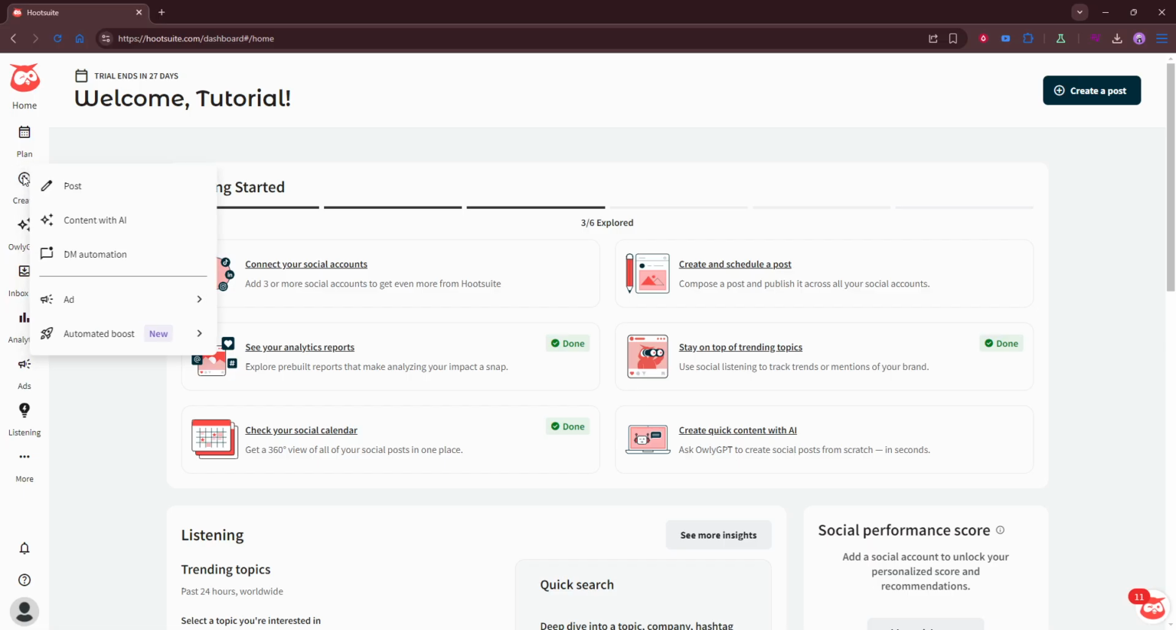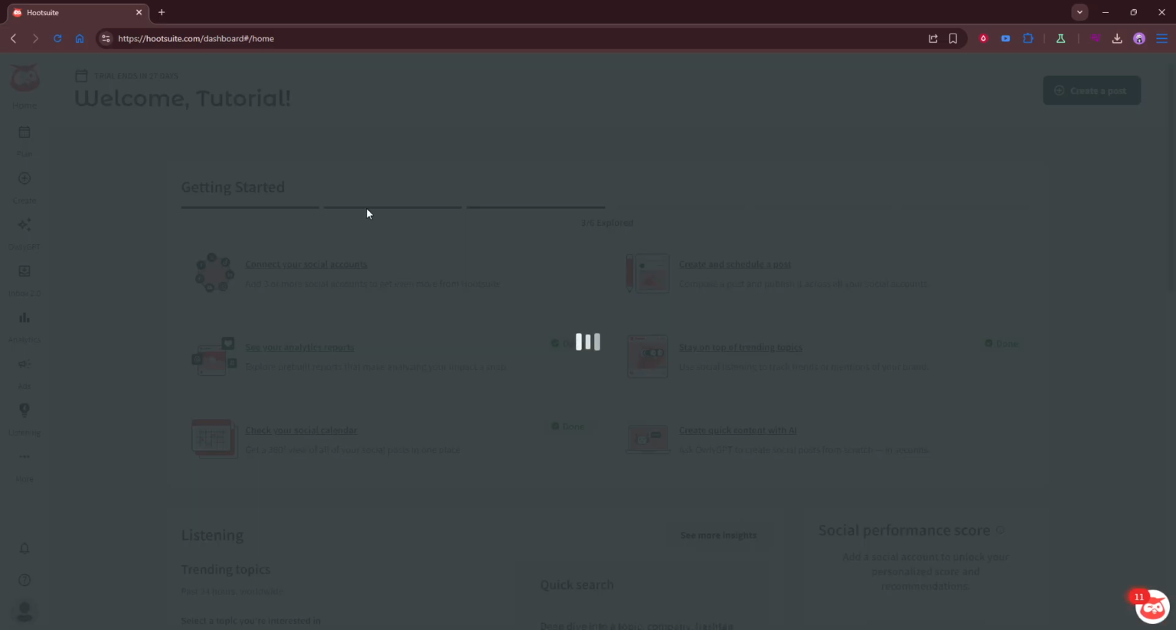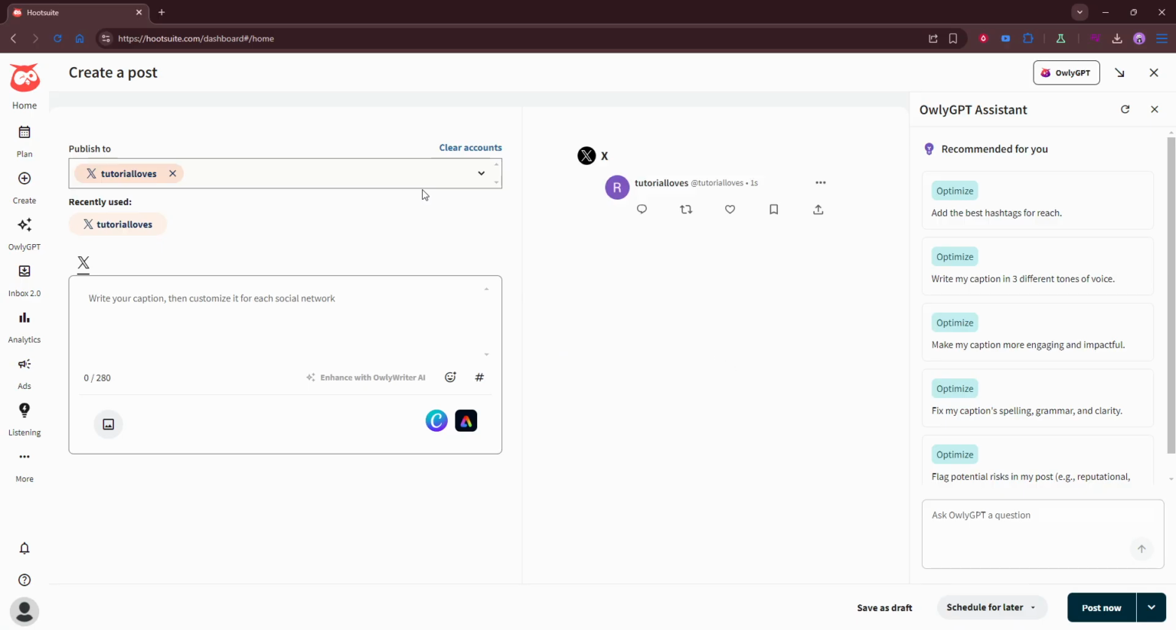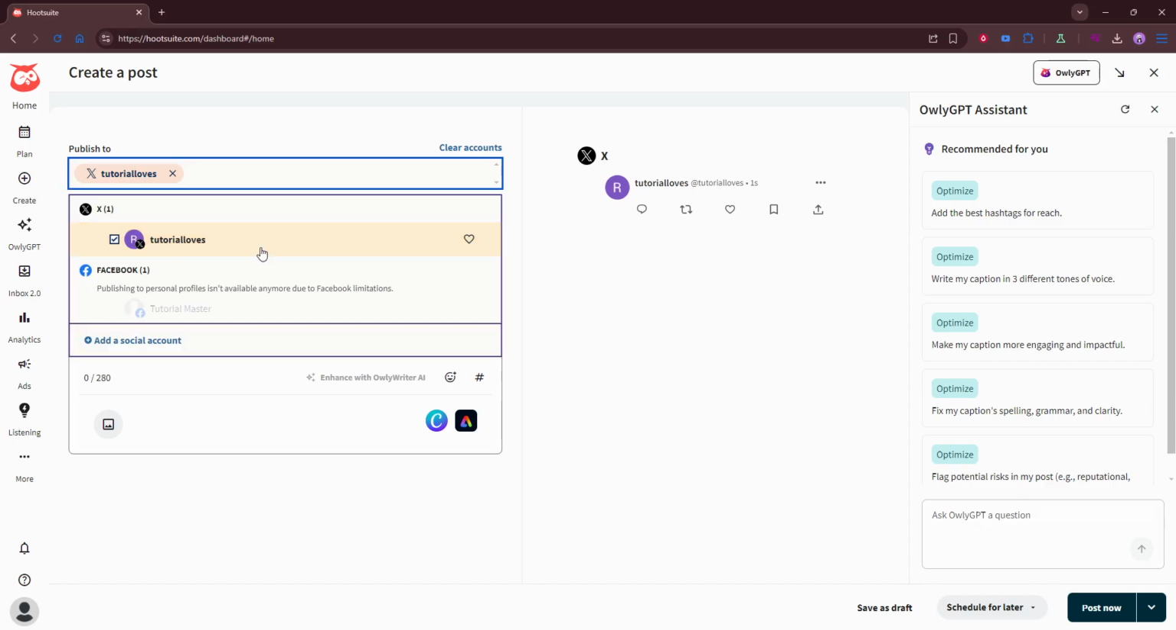From your dashboard, launch the Post Composer so you're in the main editing window. This is where you'll draft your caption and see how it will look before it goes live. Give the Composer a moment to load so all formatting features are ready. If you're working on multiple tabs or accounts, make sure you're in the correct workspace to avoid publishing to the